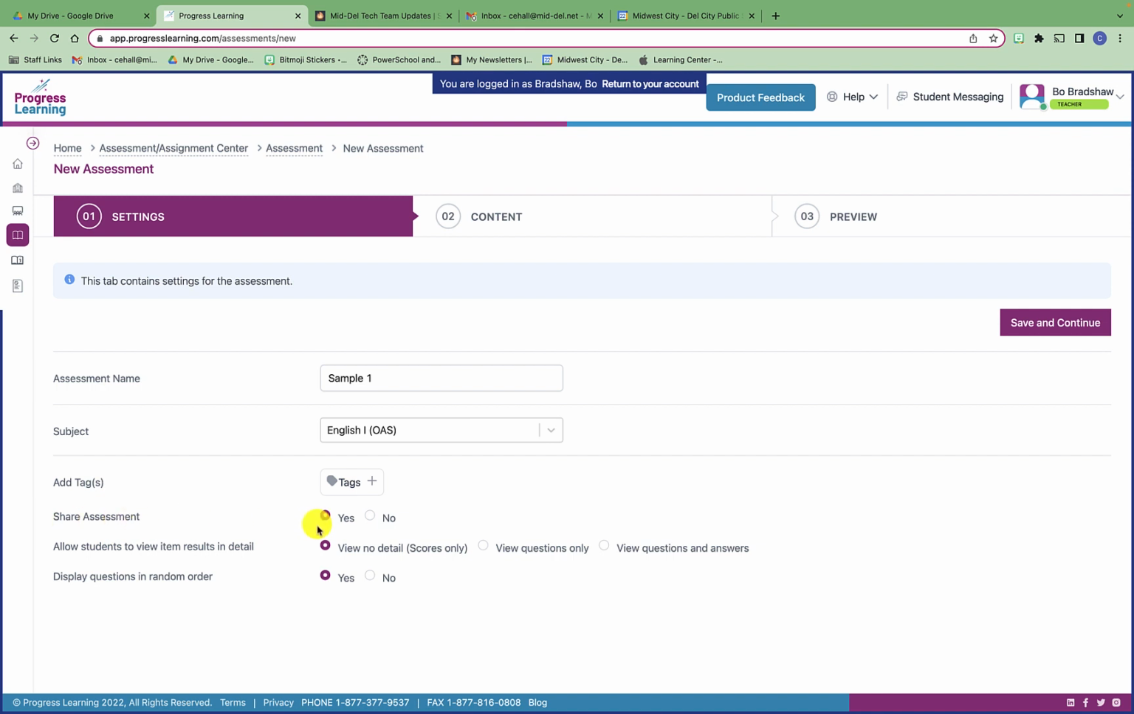Share assessment just means that it is going to be public for other teachers to see. And then this one, you can allow students to view the item results in detail, so they can either see their scores only, they can see the questions and their scores, or they can see the questions and the correct answers as well. That's kind of up to you. The display questions in random order setting is how it will display on student devices. Once you have those settings the way that you want them, you're going to go ahead and save and